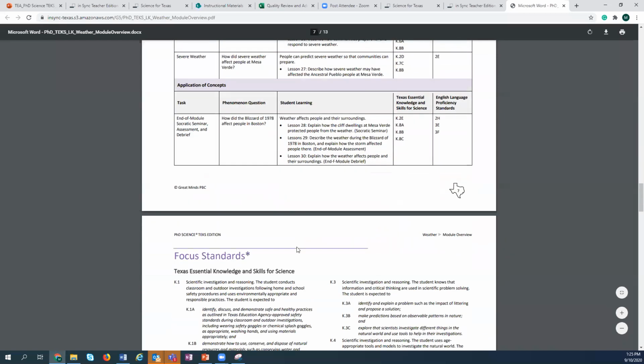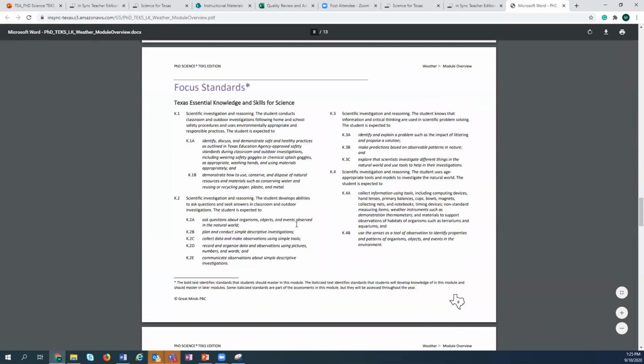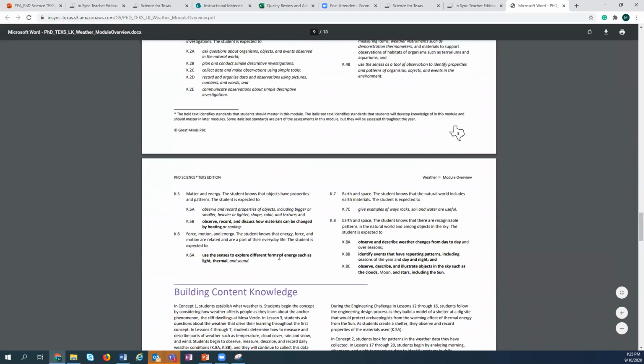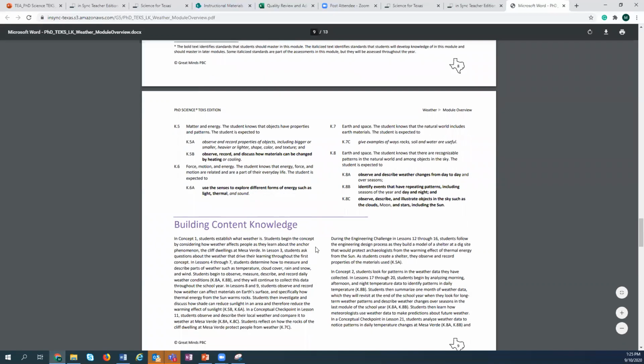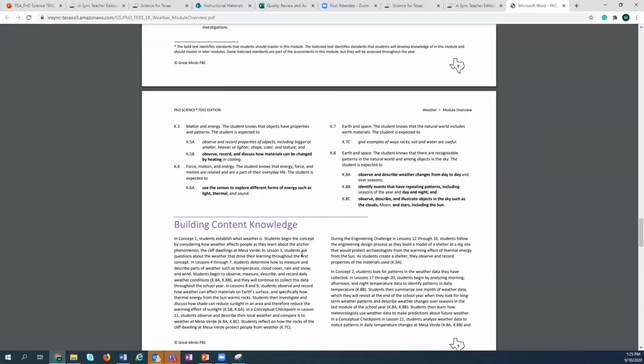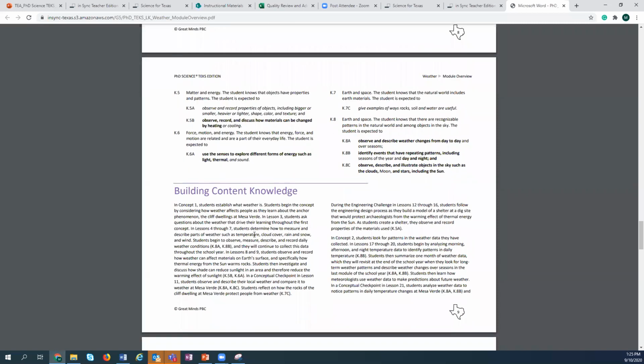sequences that are associated. Within the focus standards, one highlight to notice is that the TEKS here are identifying specifically how far students will progress in their understanding of a standard by the end of the module. And that's bolded here so that you understand exactly what students will be learning before the end. Also, there's a building content knowledge section to support both teachers and leaders in understanding what students will be learning throughout the course of